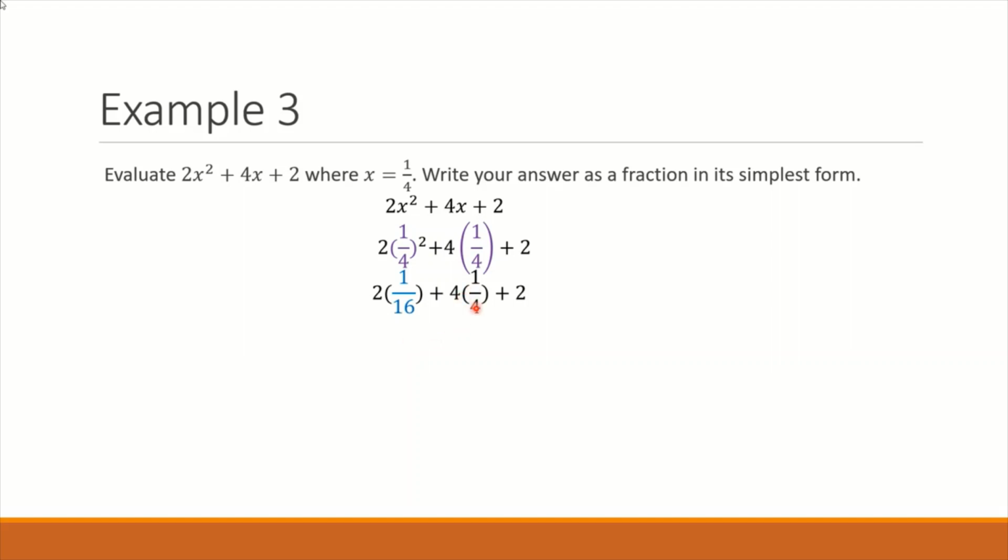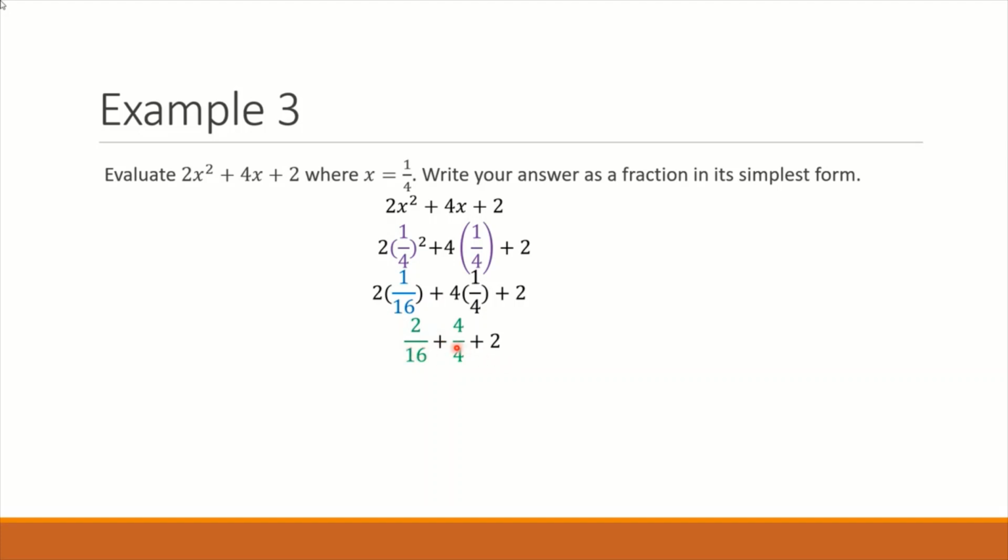And this would be 4 over 4. Remember, with fractions, numerator with numerator, denominator with denominator. And if it's a whole number like this, just put it over 1. So now we have 2 over 16 plus 4 over 4 plus 2. And I guess you could simplify that if you wanted to, but I'm just going to keep them as is,